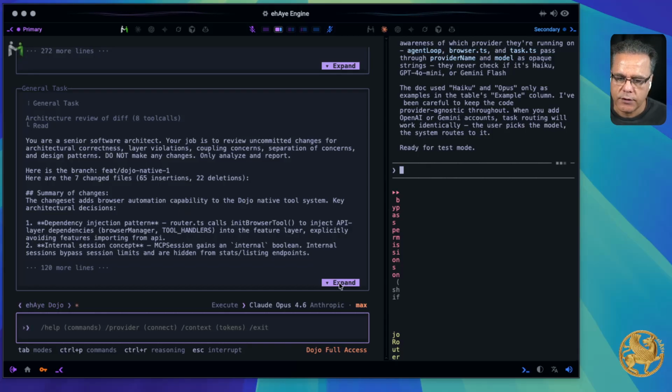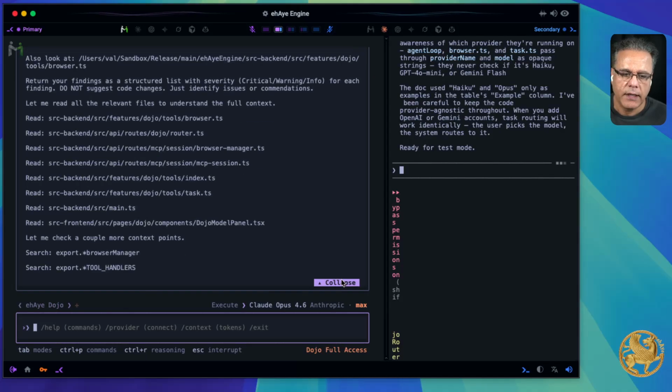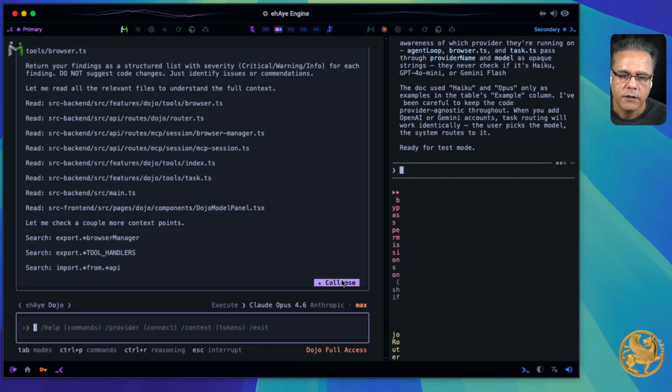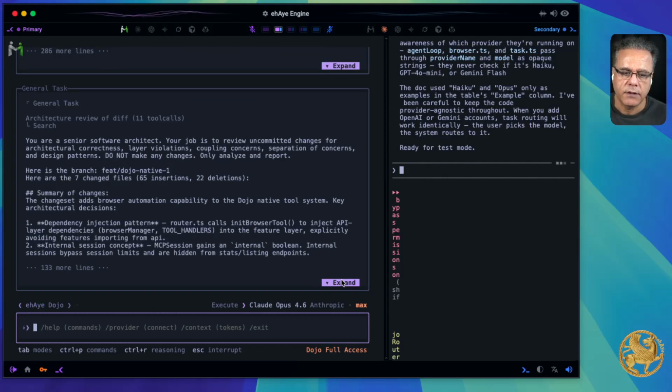Watch this. It's doing a little bit of background general task for me. I could expand it and see what's going on. Sometimes my memory is just full. Before I forget things, let me store what we have done so far. Be right back. So that session, it went into a memory cleanup as well.